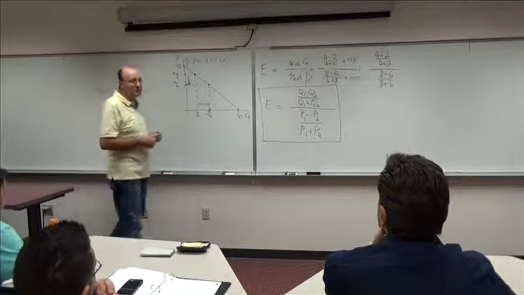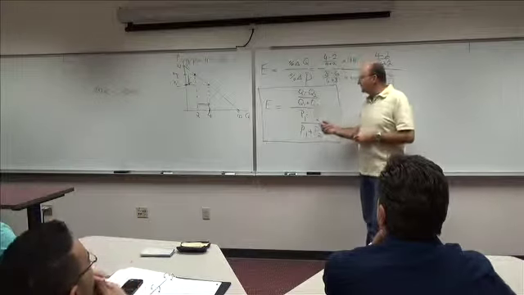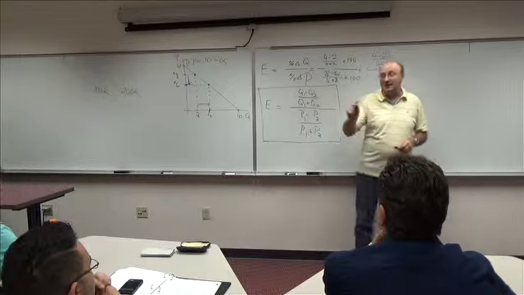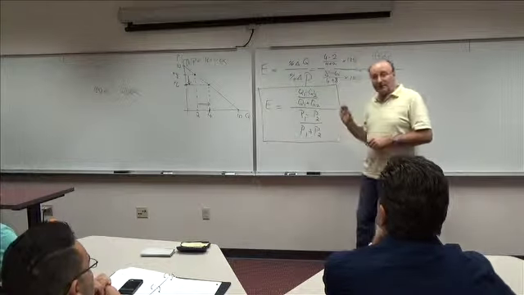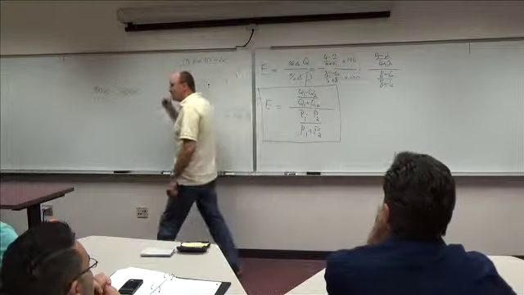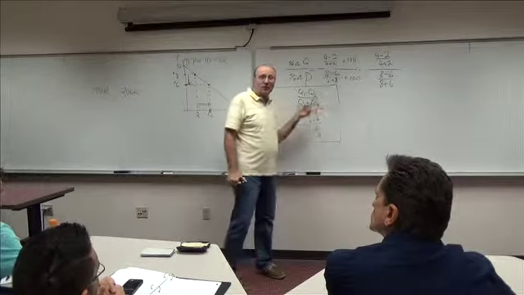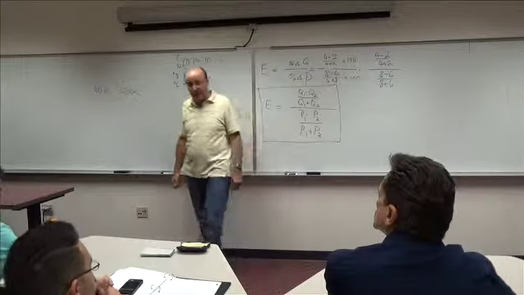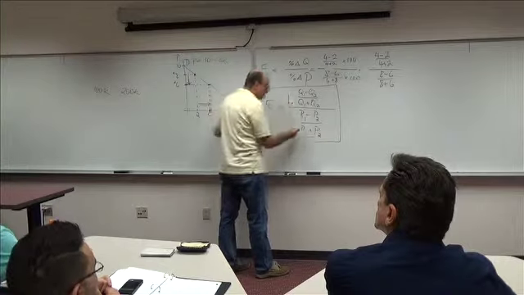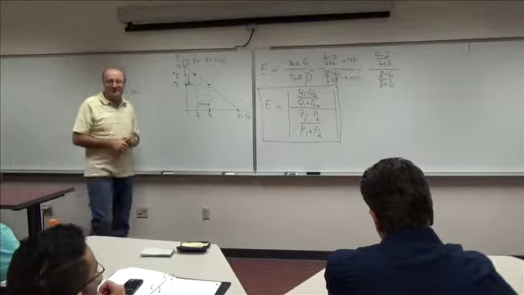How will it change? What about it will change? In other words, what's the difference between taking 8 minus 6 and 6 minus 8? You get a negative number. Exactly. Depending on how you pick Q1, Q2, P1, P2, you will either get a positive number for elasticity or a negative number for elasticity. This is why elasticity is defined as the absolute value of that number. In other words, it's defined as a positive number. Okay?